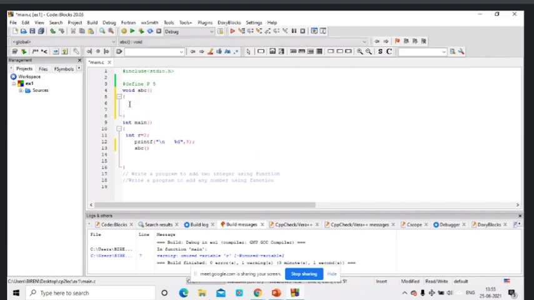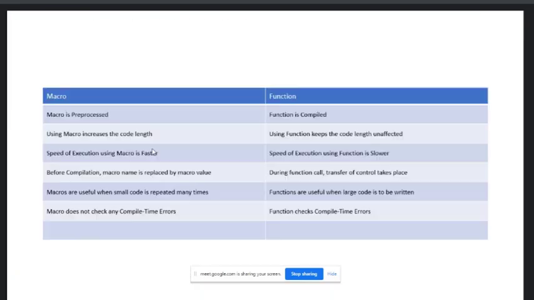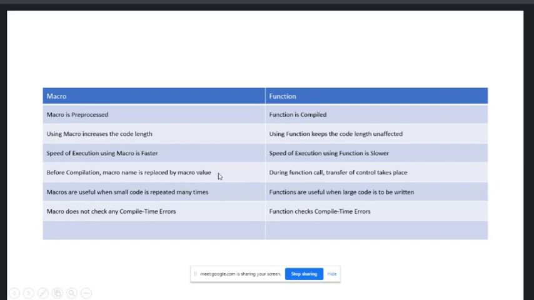Memory is allocated for the local variables of this function, then some programming statements execute, and after that the memory for the local variables is destroyed, and control is transferred back to this particular line. So execution of a function is always slower compared to a macro. Before compilation, the macro name is replaced by the macro value. We have discussed this. During a function call, the transfer of control takes place from one point to another point like this.